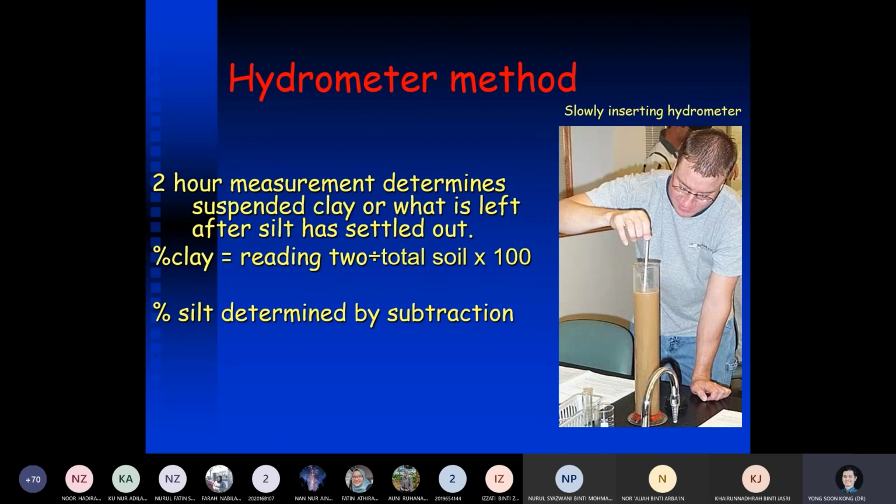But after this, when you check the lab manual, you can see exactly what the name of this glassware is, and the capacity is 1 liter. Less than 1 liter is probably not accurate, but this is the one people use to suspend the clay particles. These are the soil and water, and then they use the hydrometer to measure how much they sink based on different timing. So how do you calculate it? Based on this formula,